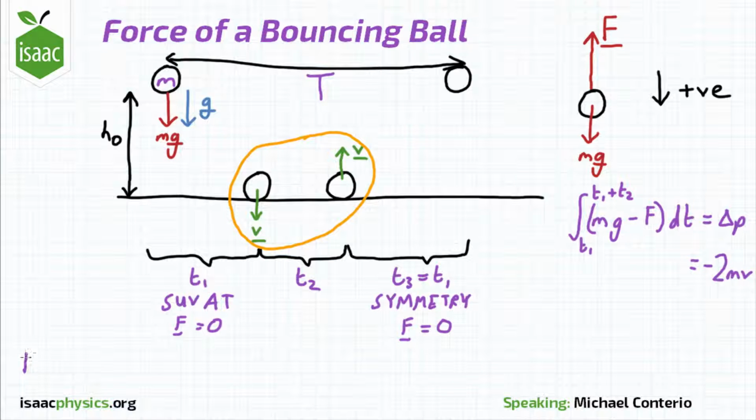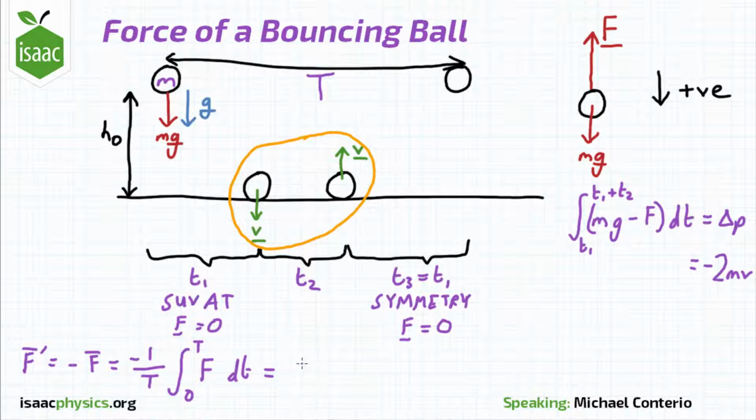We can then use this to work out the average force that the ball exerts downwards on the table. This is given as F bar. We know that this force is equal and opposite to the force of the table on the ball. So the time average of this force is equal to minus 1 over T multiplied by the integral of F with respect to time for one complete bounce, from time t equals 0 to time t equals capital T.